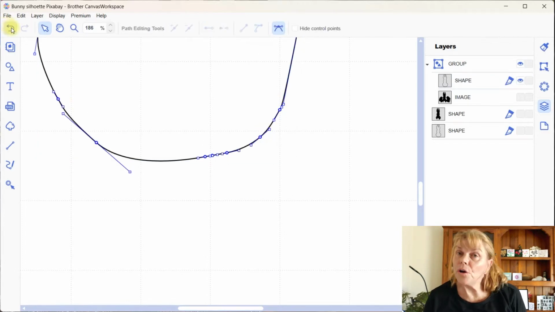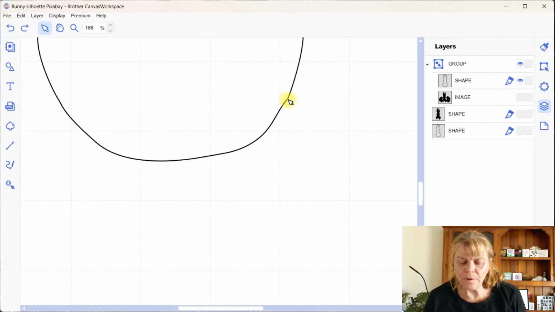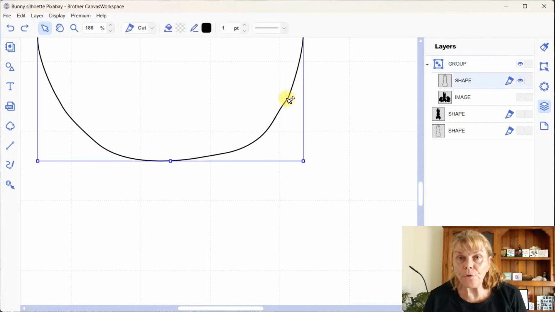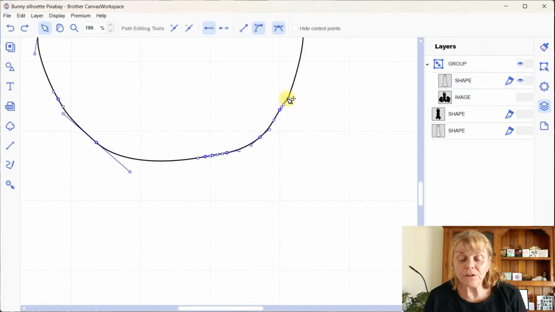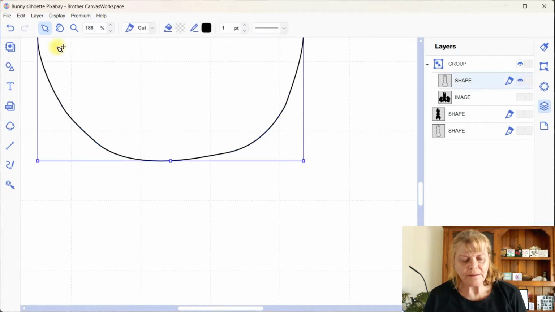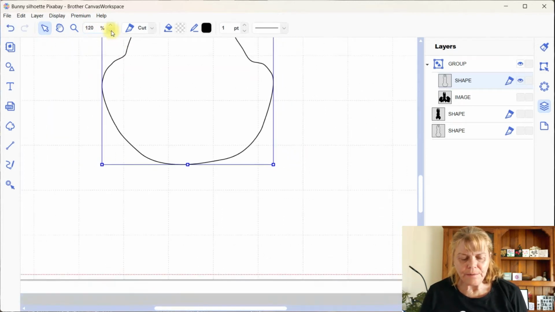If you do anything you don't like, just undo it. I removed a node, and I didn't like that node removed. So just undo that and have another look at a different node. So one node will make a difference to moving a different node. So just choose your nodes, and once you're happy with it, I'll just zoom out so you can see, whoops,